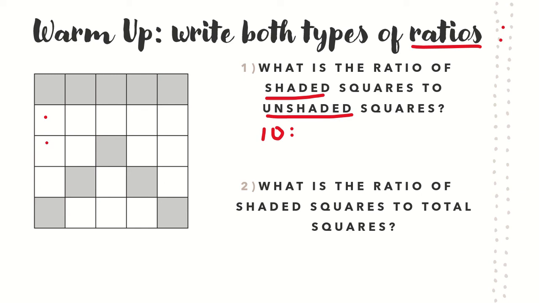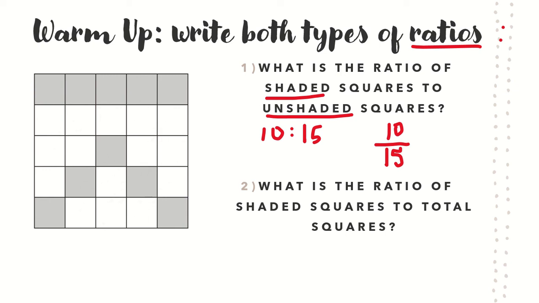So that would be 1 through 15. The ratio of shaded to unshaded is 10 to 15. That's how we read the colon. And then to write it the other way, as a normal fraction, that would be just 10 over 15. Of course, you can simplify this, and you should when it's a fraction, but let's just leave it that way